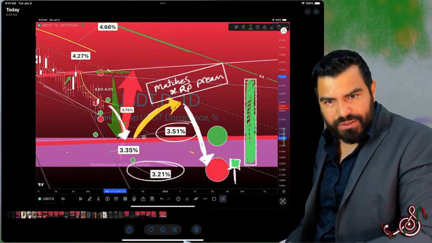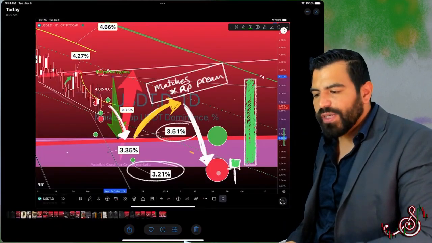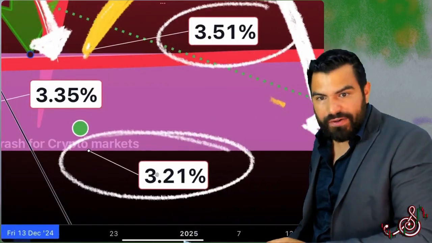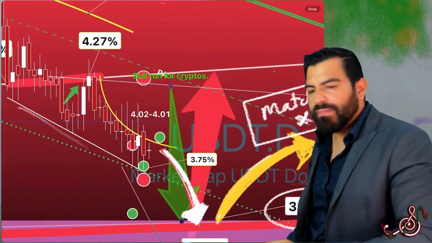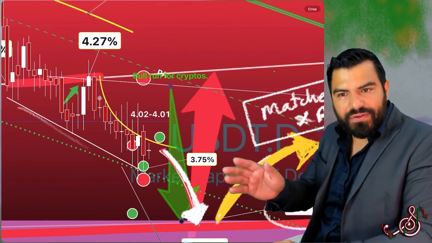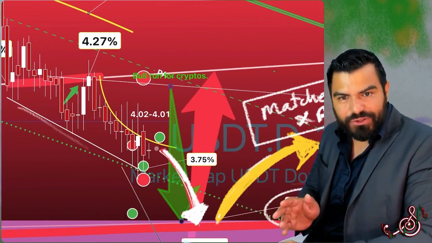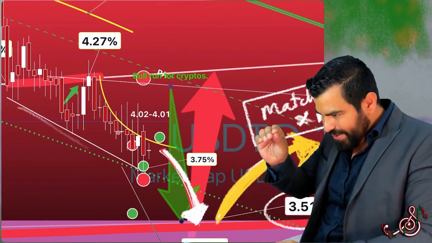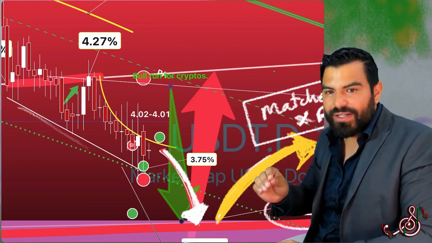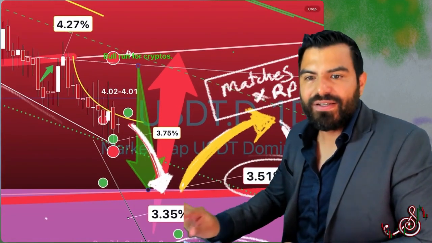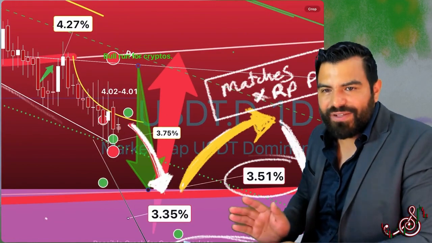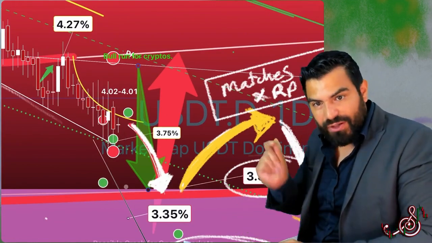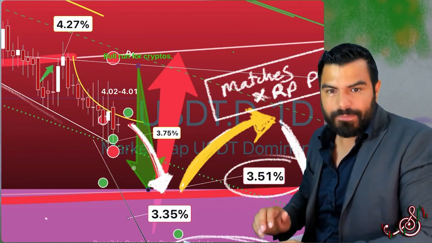However, the reason I'm not so in the camp where I'm expecting this big crash to happen on the first touch is because I believe they're going to reach out for the 3.21 area. And over the month of November, it's happened very slowly. So they're actually taking their sweet time. And every time this is going up, you're seeing the markets go higher and higher, right? So it's actually this time around happening very slowly. It can happen quick, but it's happening really slowly.